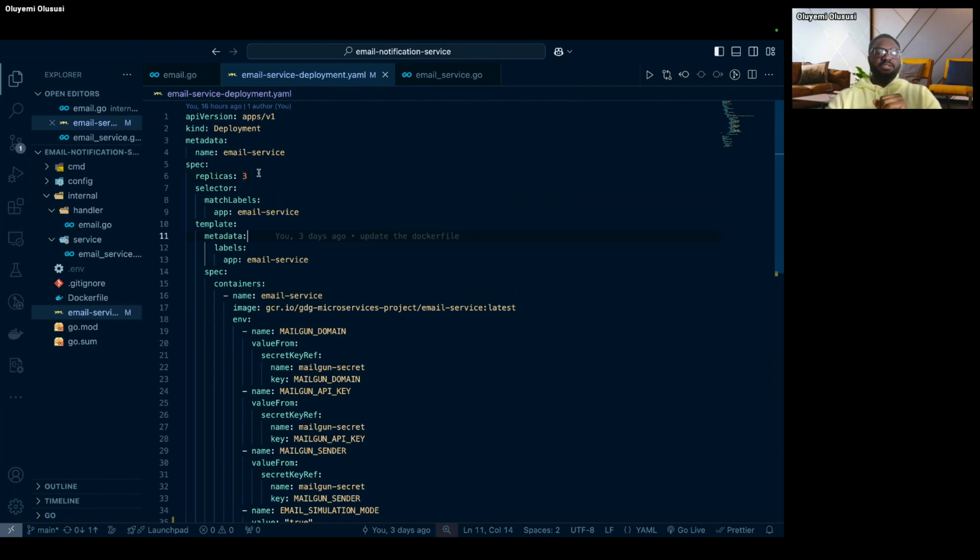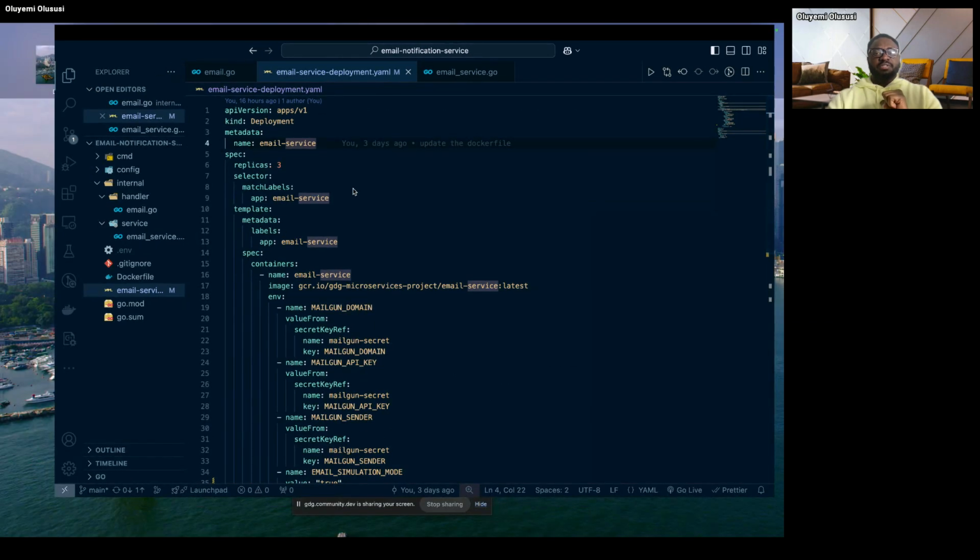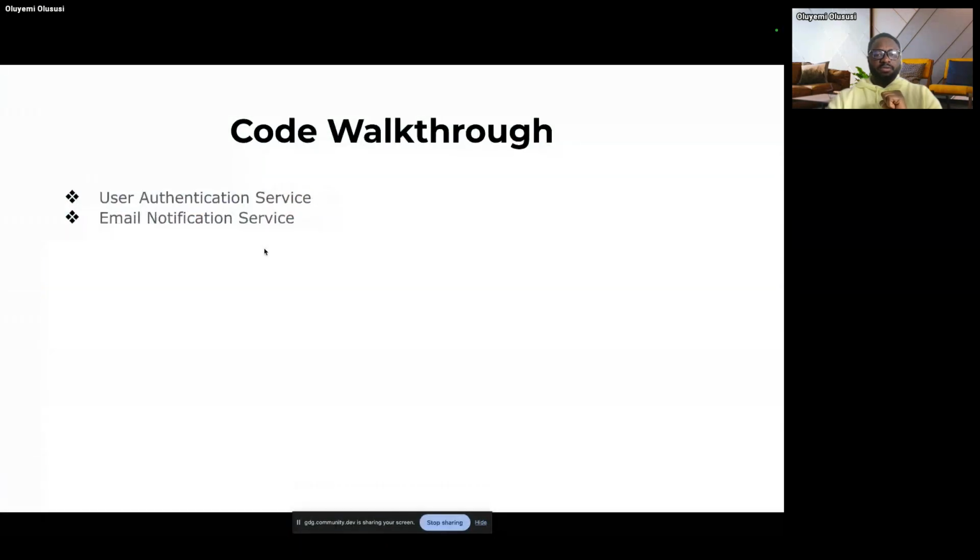Of course, this image service is going to come with 3 replicas, which means we have 3 pods, and I'm going to show us that in a bit. So this is what we have for these 2 services. What I will just attempt to do now is try to deploy them. But if we go back to the slide,